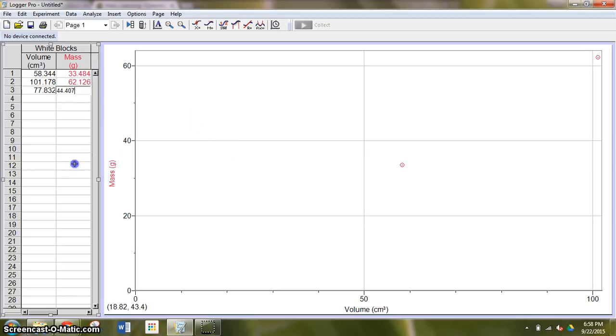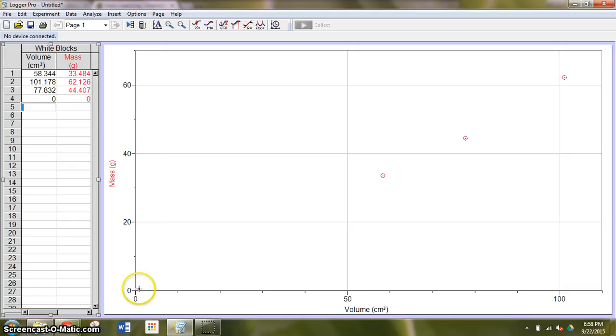Alright, so you'll notice that as that data has been entered, you do have to get out of that box for the final data point to show up. I'm also going to have you put in a 0, 0 point. So we now have a point at 0, 0, and then we have our other data set points out here